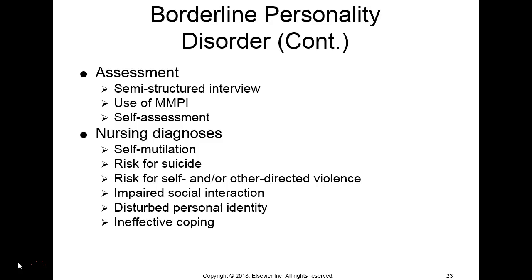The nursing diagnoses that we would have to think about would be self-mutilation, because this happens quite frequently. It could be cutting, burning, any of the things that people do to self-mutilate and self-harm. Risk for suicide, because they can and do commit suicide, even though they probably have more attempts at self-harm than actual suicide attempts. But that is always a risk, because sometimes people just take things a little too far and end up committing suicide when maybe they were just attempting self-harm. So they are very high risk.